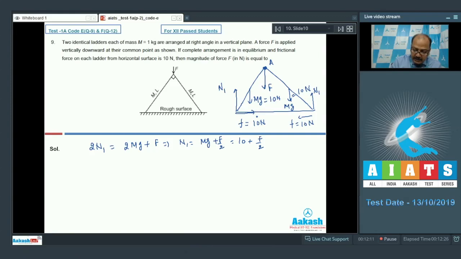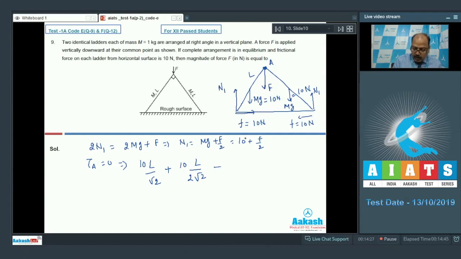So if the length is L, then the torque of friction in the anti-clockwise sense equals, and we are putting torque about A equal to 0, which is giving us, so the anti-clockwise torque is 10 L by root 2 in SI units plus 10 L by 2 root 2